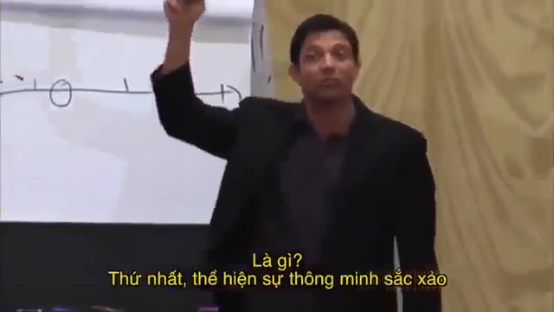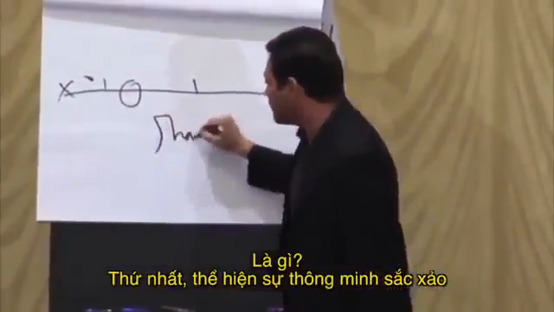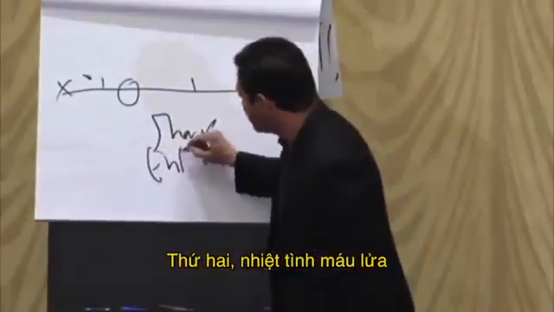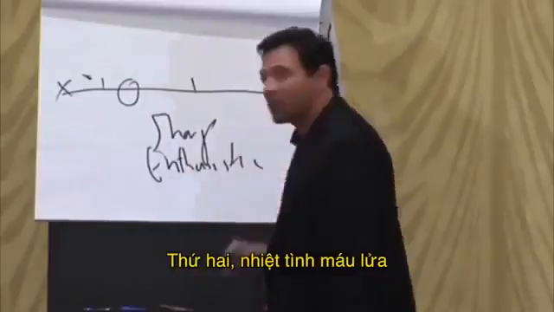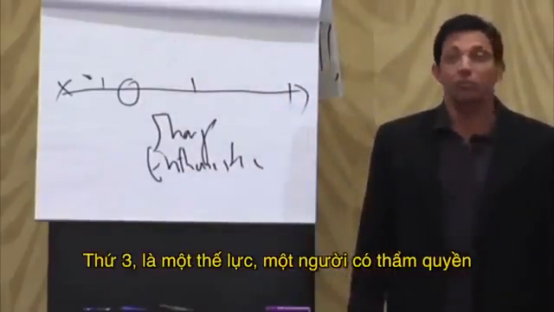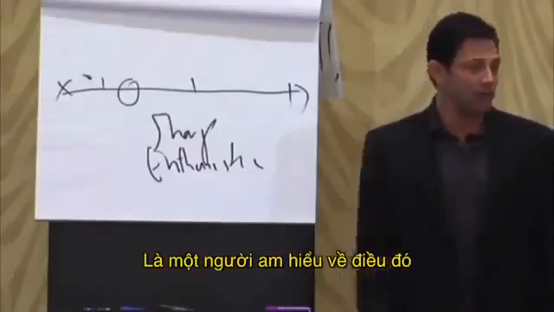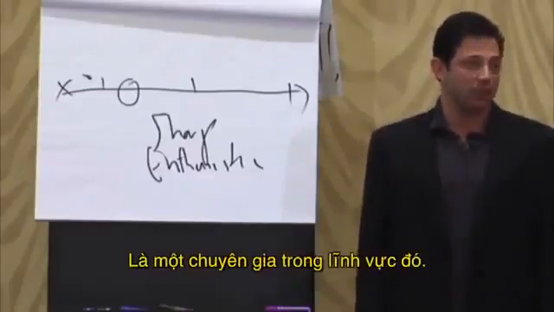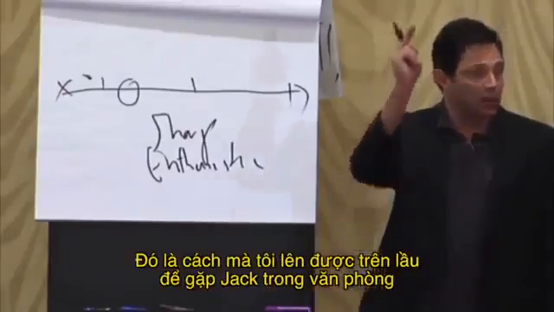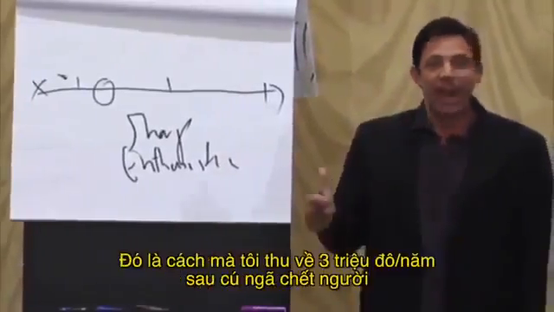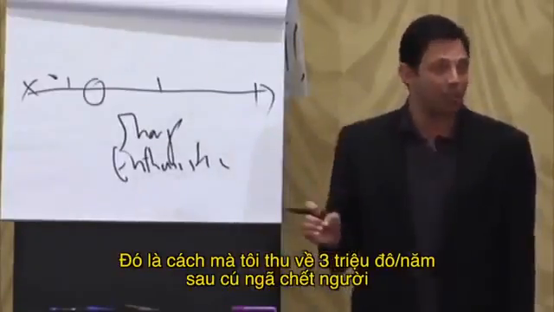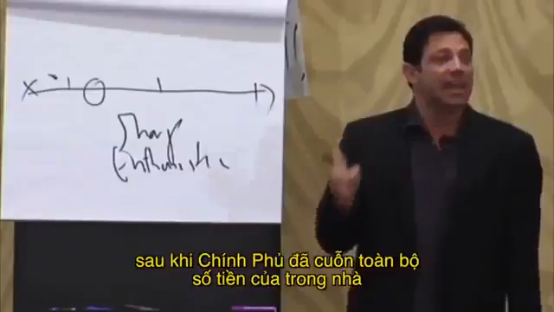That I am what? That's number 1, sharp as a tack. 2, enthusiastic as hell. I can't write, you see this? Enthusiastic as hell. 3, I am a force to be reckoned with, an authority figure, an expert in my field. That's how I got upstairs to Jacob's office. That's how I made $3 million a year from a dead stop after the government had taken all my money,